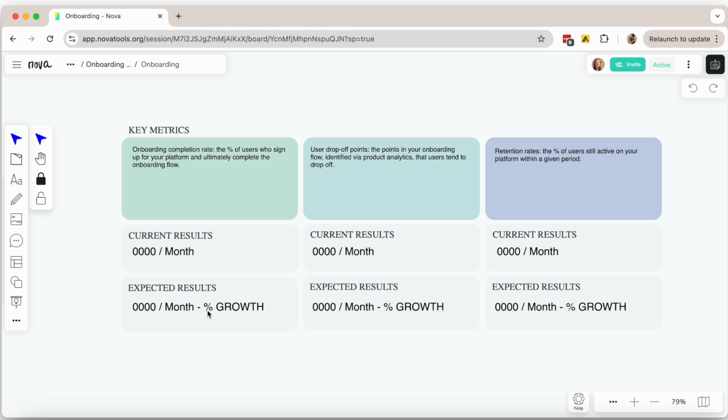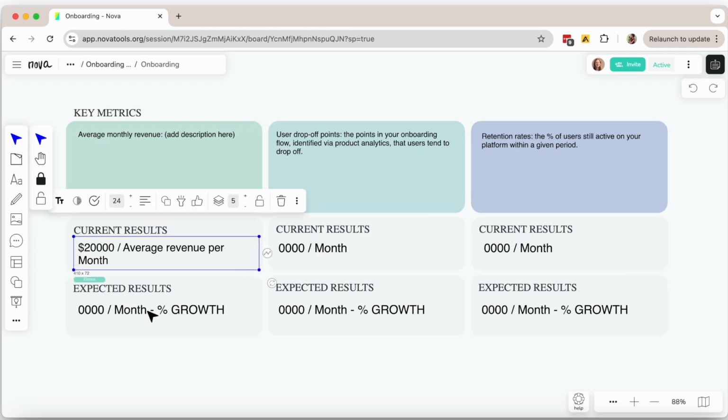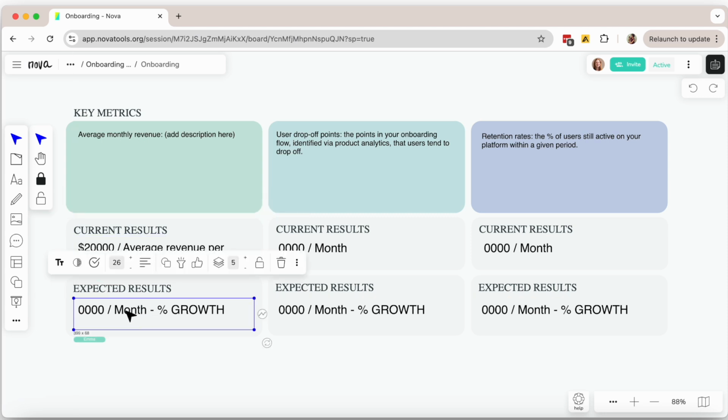In this section, you'll describe each key metric, noting current results and your expectations. For example, if you expect a 10-fold increase in sales over the next 3 months, you'd add the current average monthly sales here and your projected average after 3 months. This space can also be used to track improvements and test how small changes affect your revenue and